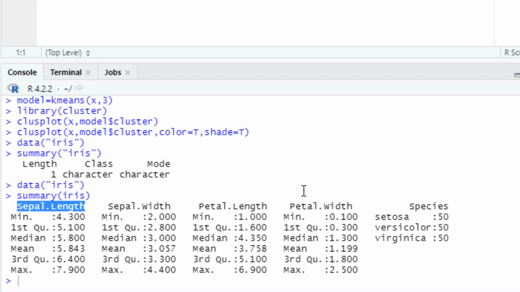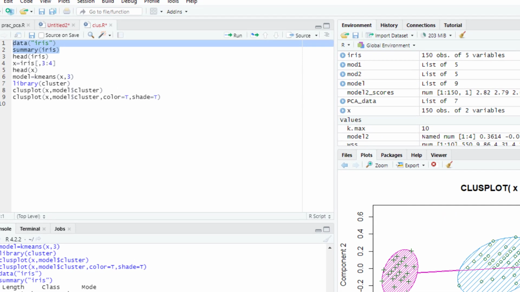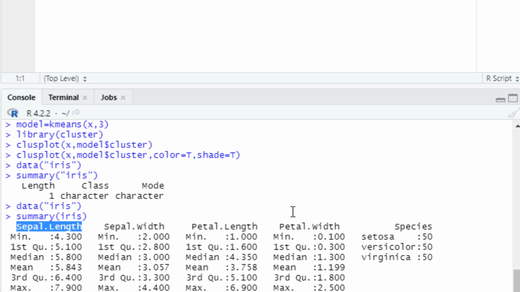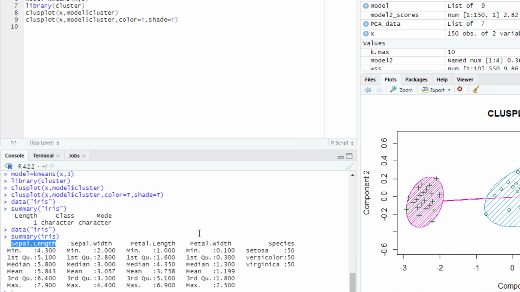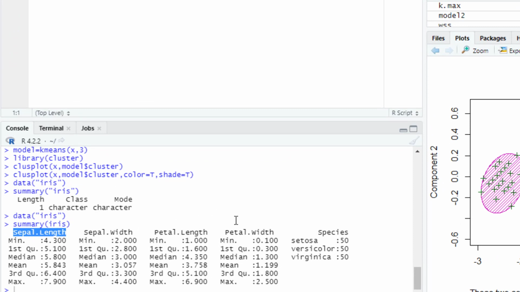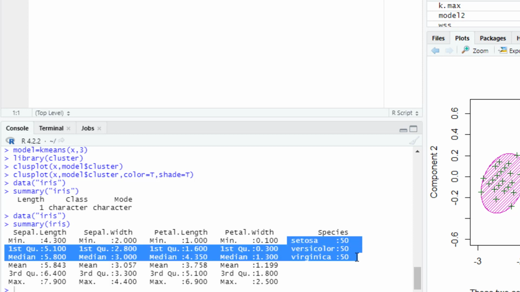So when we do the summary we can see, when we talk about this particular data set IRIS, it has 150 observations students, which are equally distributed among the 3 species. What are the 3 species? We have Setosa, we have Versicolor and we have Virginica. So the below table basically shows the summary statistics of all the 4 variables, that is sepal length, sepal width, petal length, petal width, and the species. Over here we can see they are equally distributed. I hope this is understood.